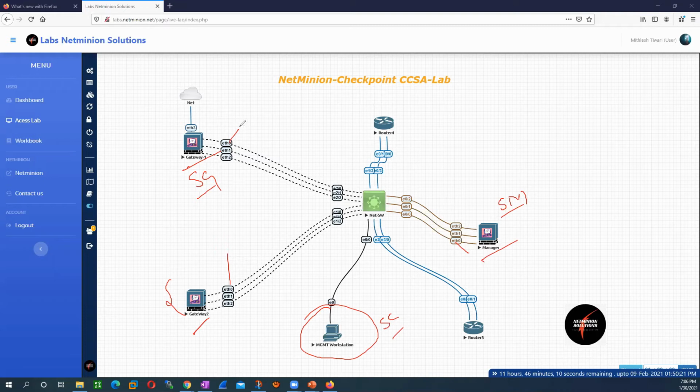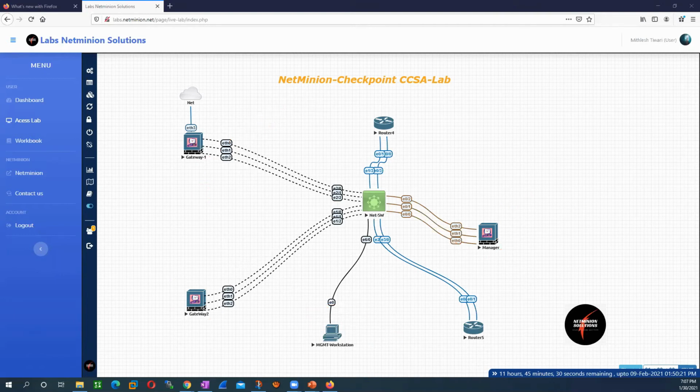Since this is not dedicated, you can use the interface for management access, plus you can use it for data transferring as well. The first interface, Ethernet 0, is the management interface. We can assign the IP to the management interface, and then we can start accessing the firewall using the web GUI. So let's do that.